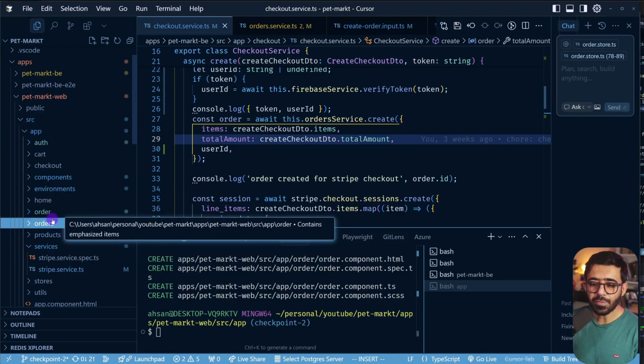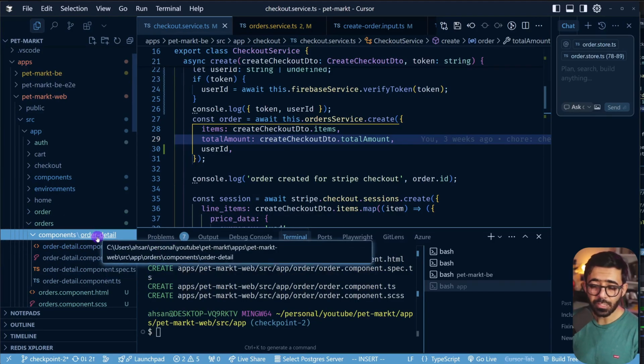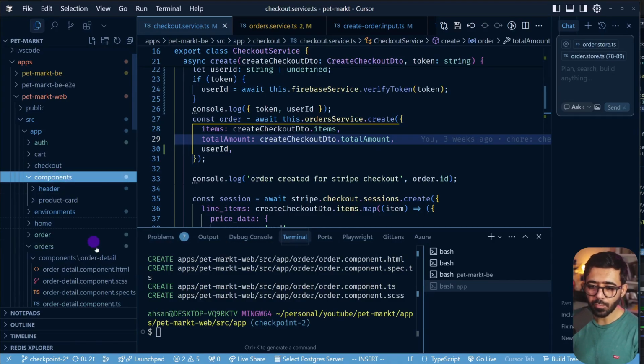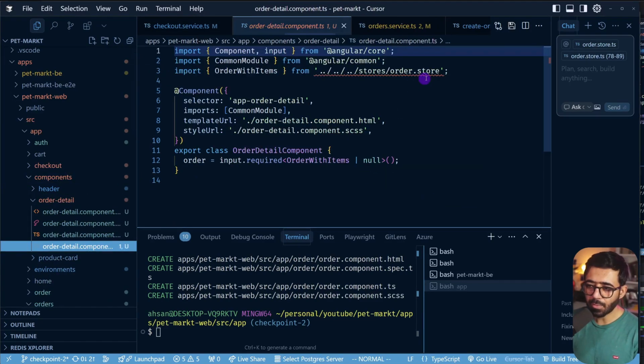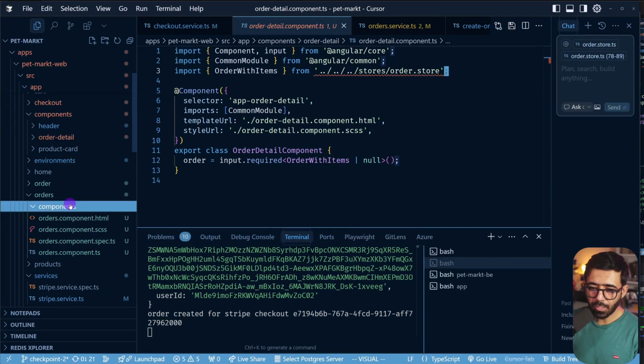Now, since we have two different folders here, and this is a component, the order detail component, I actually want to move this inside components, which is outside. So I'm going to do this so you can see the order detail right here. Now some of the things may not work as expected, but we are going to fix that. So what I'm going to do is I'm going to delete this components folder from orders, and let's have a